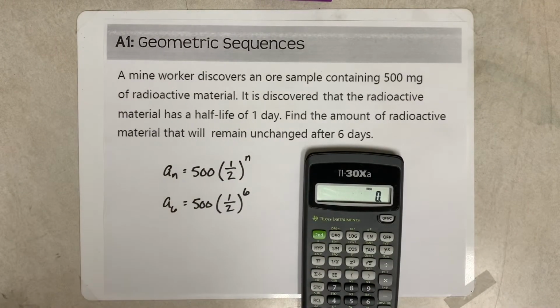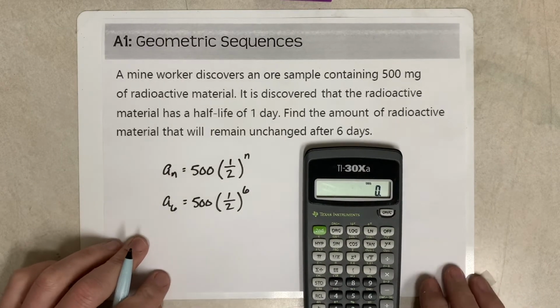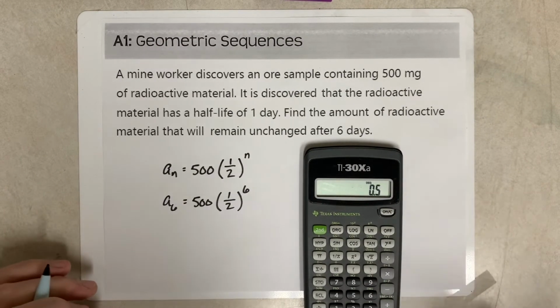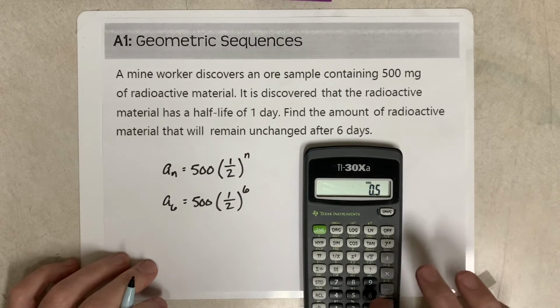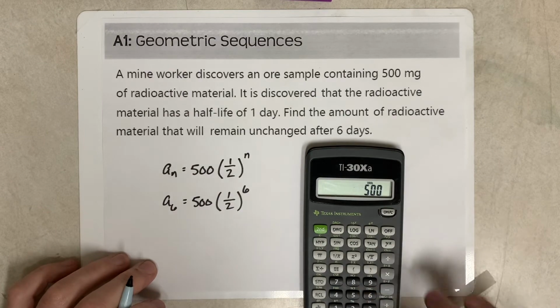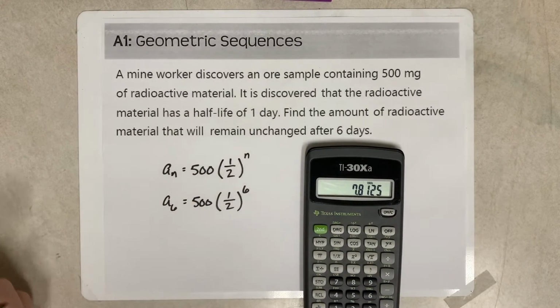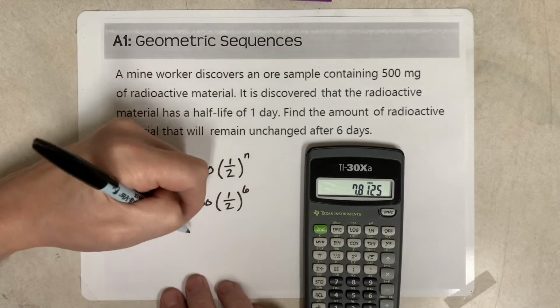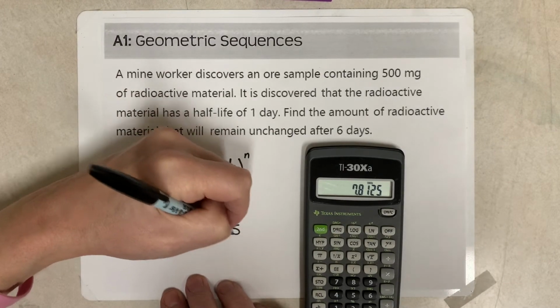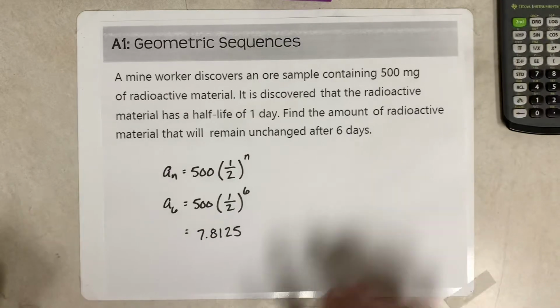So 1/2 is 0.5. Some kids will say, well, how do you put 1/2 in the calculator? 1 divided by 2 equals 0.5. Raised to the 6th equals, and then times 500. And I get 7.8125. So 7.8125. And then our units are going to be in